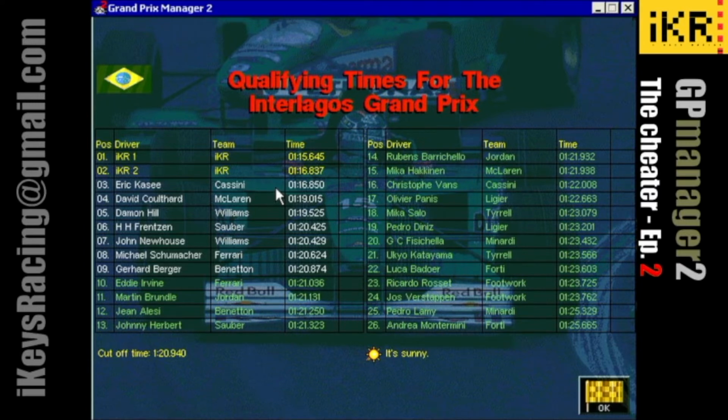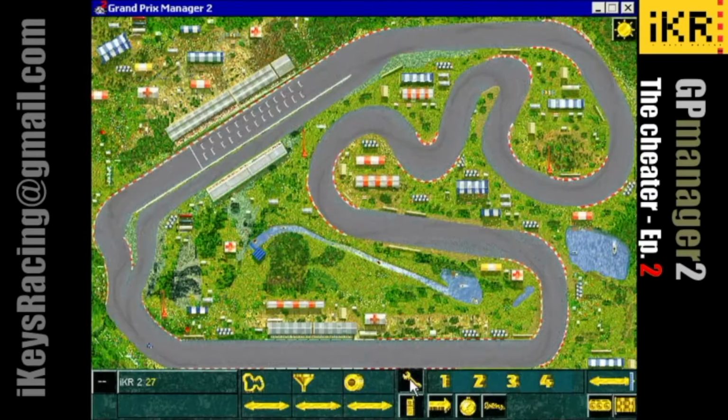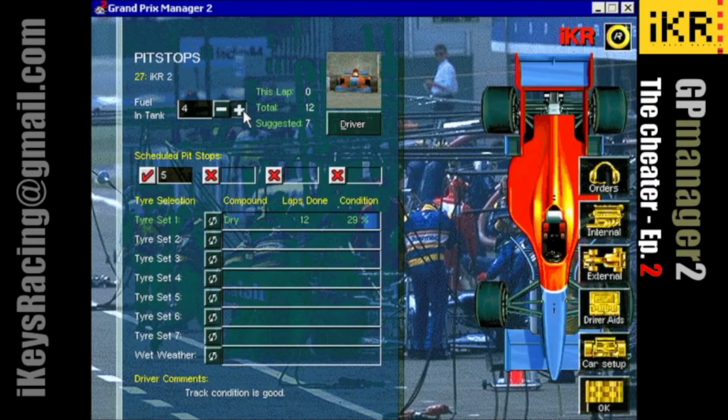So that being said, we still have the front row by a tiny margin over the Cassini, incredible, and the other Cassini, where is? Ridiculous. It is 6 seconds far from his teammate. But anyway, we start there. Not allowed: Verstappen, Lamy and Montermini. Let's go to the warm-up. Let's load